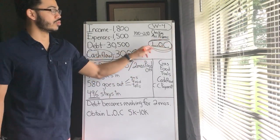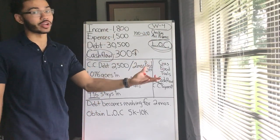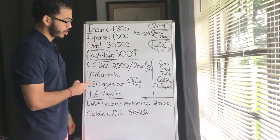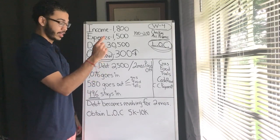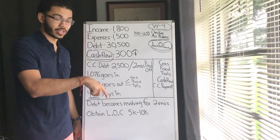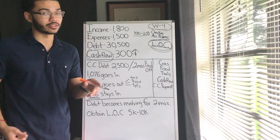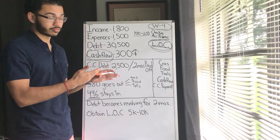And then last but not least, we want to get that debt weapon, that personal line of credit, that business line of credit, that credit card, maybe, depending on your situation. For this college student that I'm working with, they already possess a debt weapon. They have a credit card. Currently they owe this much. I know as I'm recording this video the number is less, but this is when they first approached me. This is how much debt they currently have. It's at 0% interest right now, so that's really, really good. So that's a good debt weapon